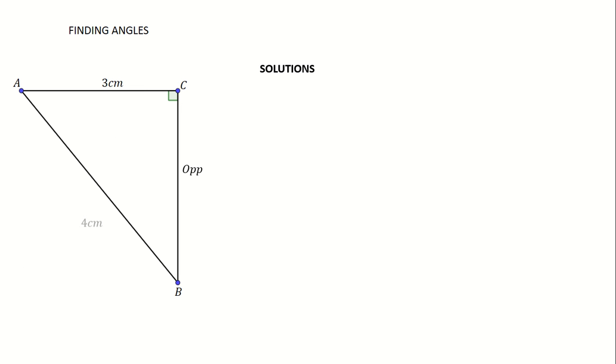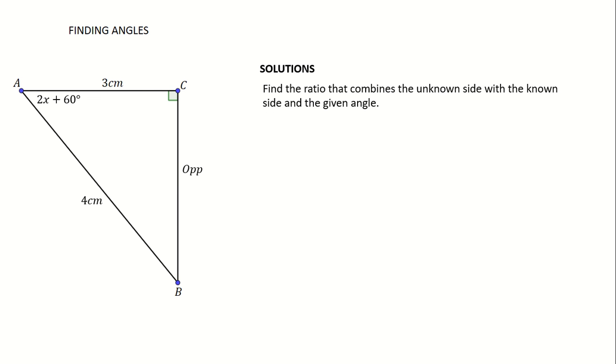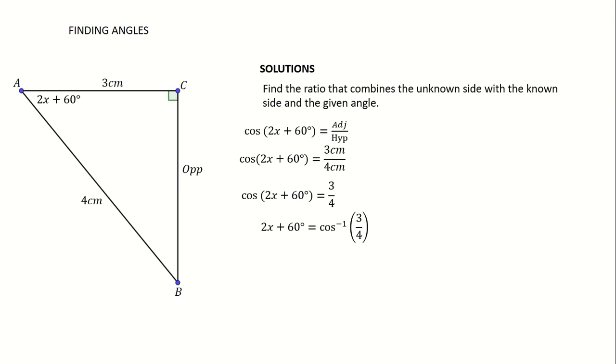Here I have the angle, which is 2x plus 60 degrees. I have the hypotenuse, I have the side adjacent to that angle. I don't have opposite, so I can only use one ratio, and that ratio is adjacent over hypotenuse, which is just cos. So cos of 2x plus 60, that whole thing is an angle. Okay, now for me to solve for that angle, I will simply find arc cos of 3 over 4, and arc cos of 3 over 4 is simply